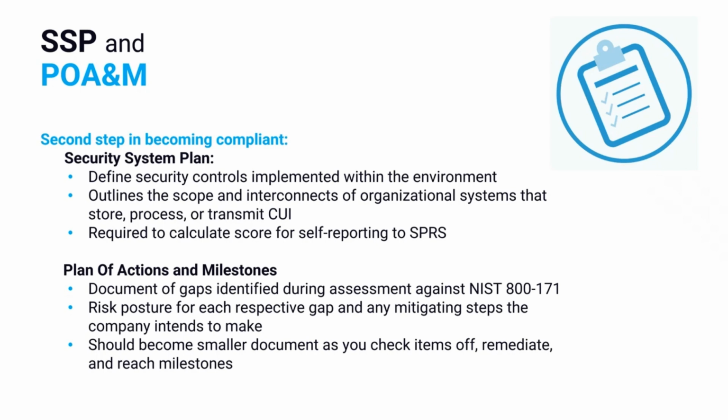Additionally, you're going to have a plan of action and milestones. This document is a list of any gaps you identify during the assessment against the 800-171 framework. It's really going to show a risk posture for each respective gap and any mitigating steps that the company intends to make. So everything you identify as not compliant will go into this list. As I spoke about before, you're going to want to identify an owner and any milestones that you will have to achieve